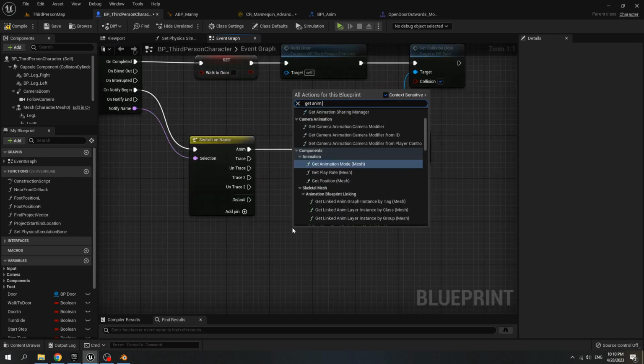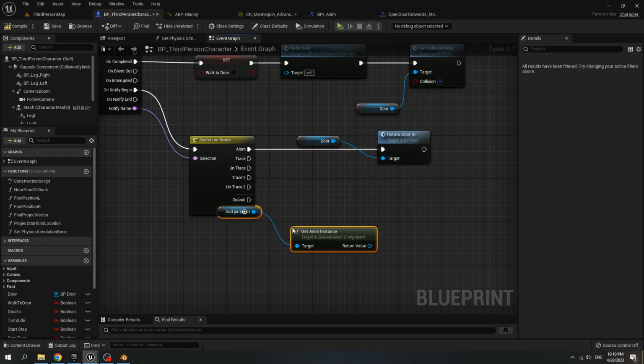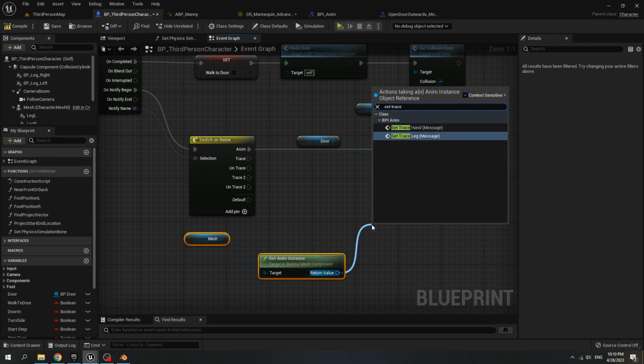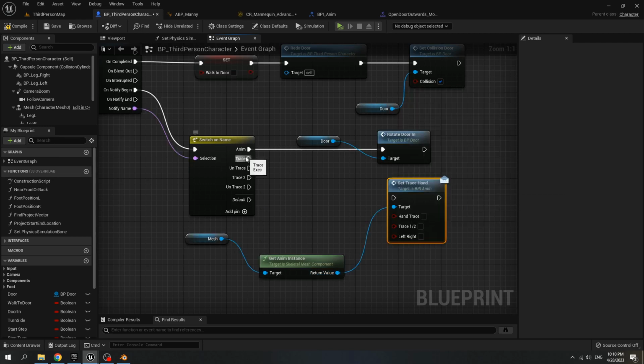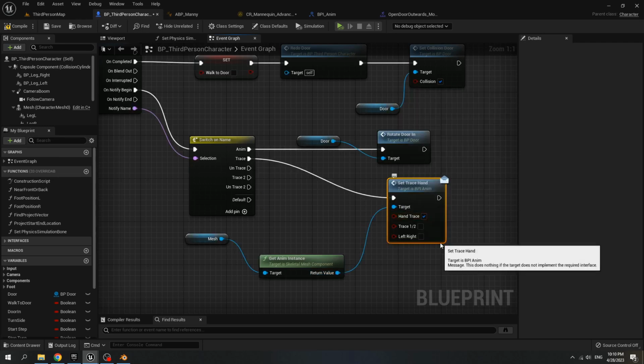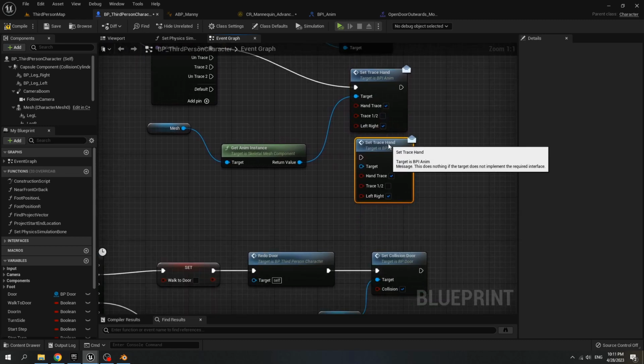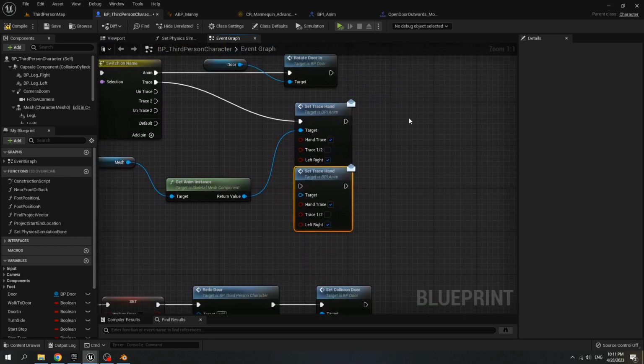Get anim instance from mesh for set trace hand, and for the trace we set hand trace to true and left to true, left right to true. Copy this 4 times.